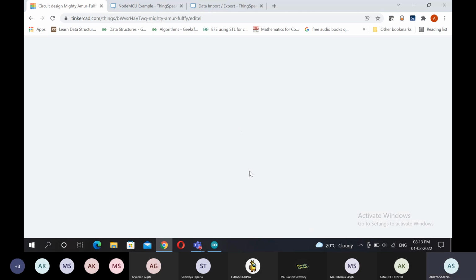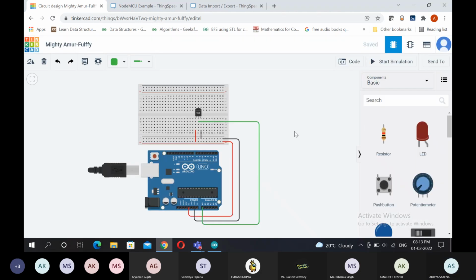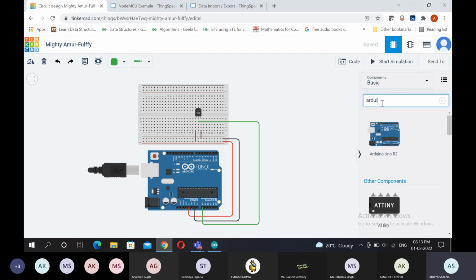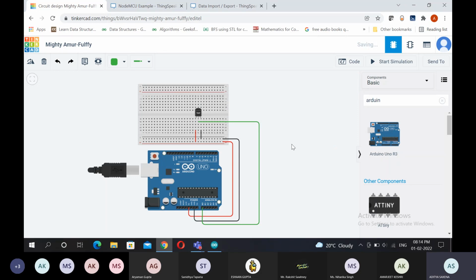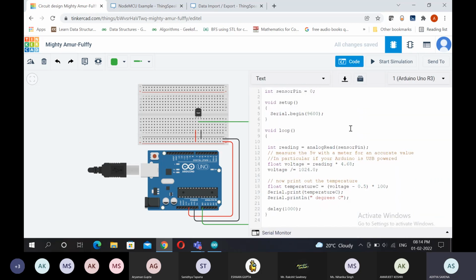Give it a minute to load. Yeah, so in a similar way as Proteus, we search devices here, select them and place them here. You can do this for all the devices, and in this manner I have created this circuit. Then for uploading the code, you can click on this tab and paste your code here. I have written my code here, and now